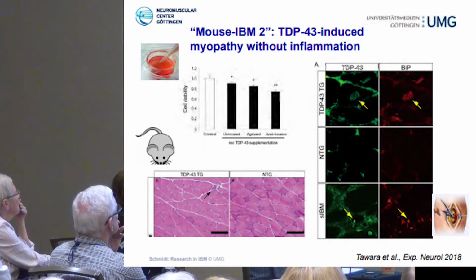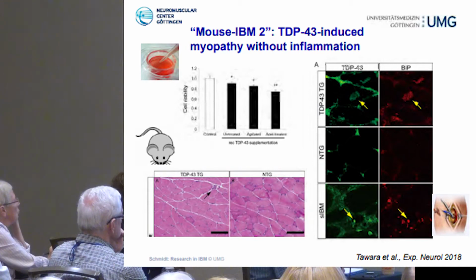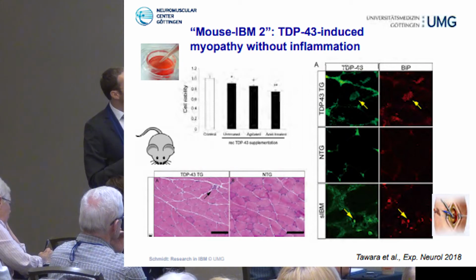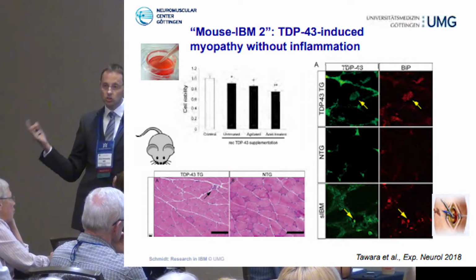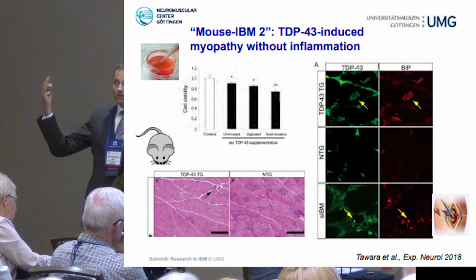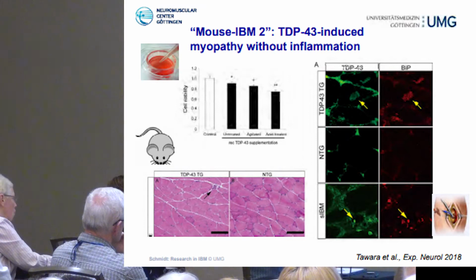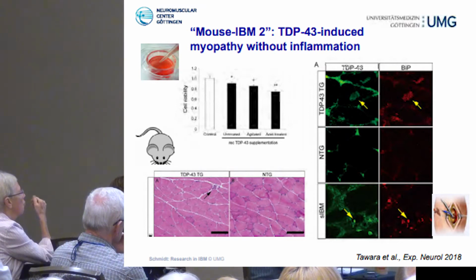And this is a group first authored by Tawara, and it was published in Experimental Neurology just last month. First, they started off in cell culture and upregulated this protein in the cells, and the cells didn't like it and they died. And then they made a transgenic mouse with an overexpression of TDP-43 in the skeletal muscle, and